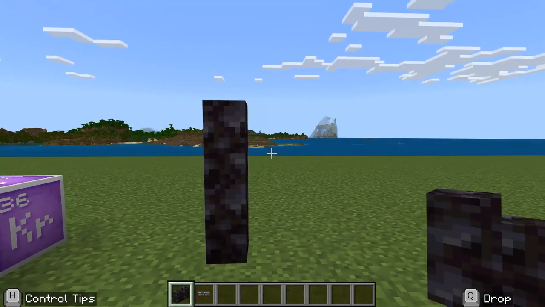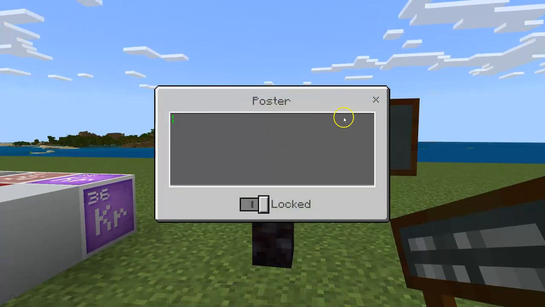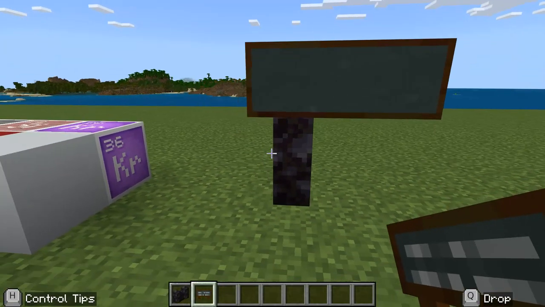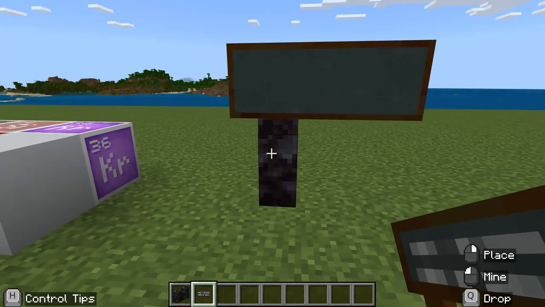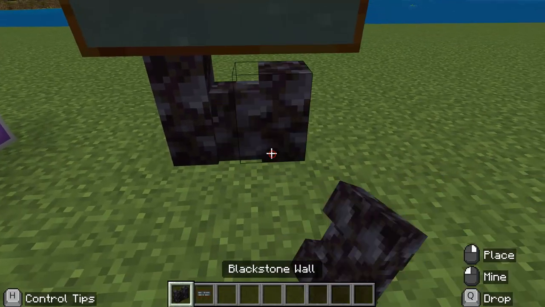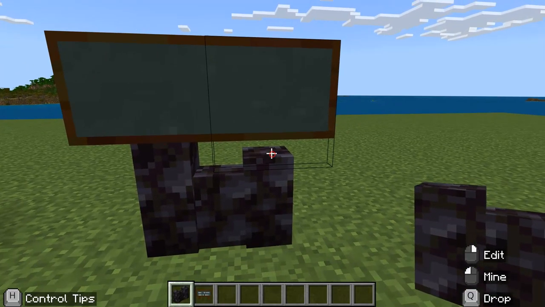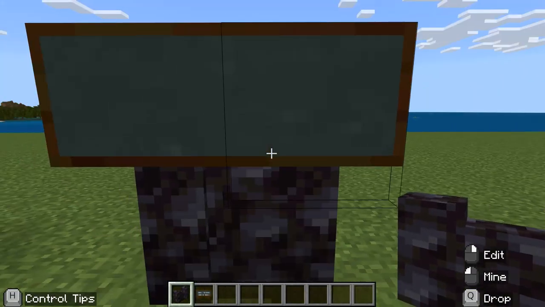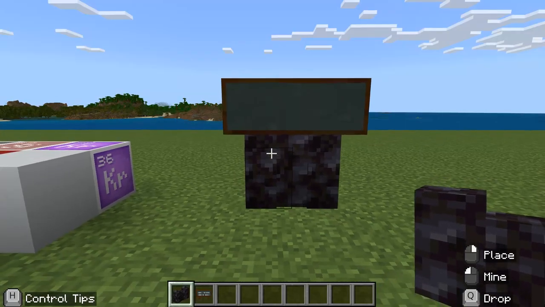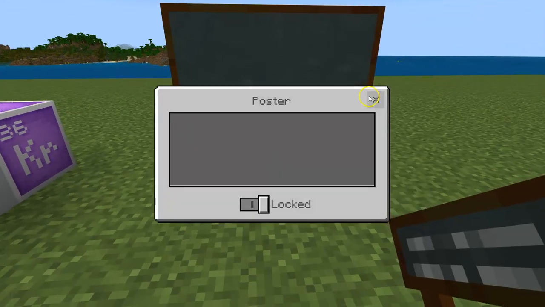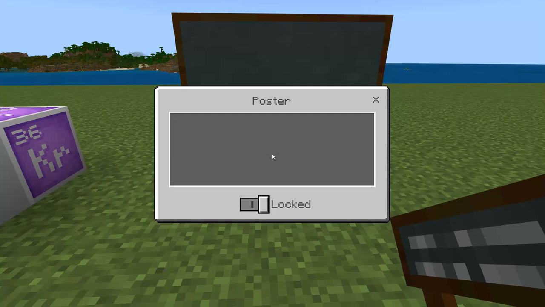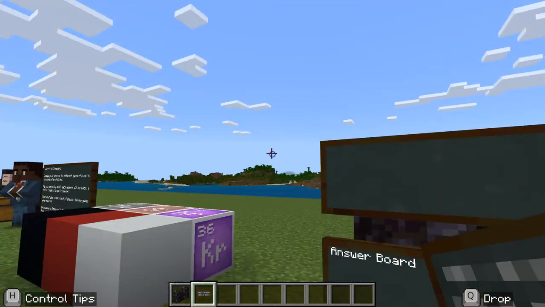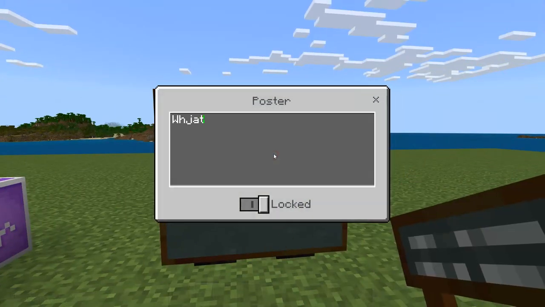Let's see. Put this here. Ask the students a question. That's not very even, but that's okay. You get it. You could always make it look snazzy. Instead of using one post, you could do it that way. And then you could set this one down here, and then this could be the answer board. So, answer board, you're going to unlock it, and then you could ask what